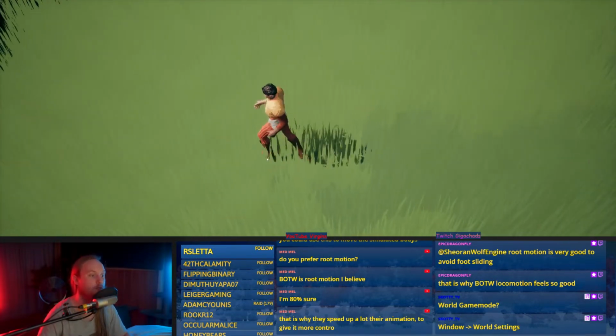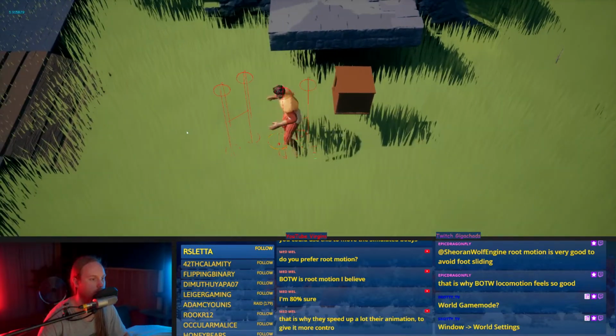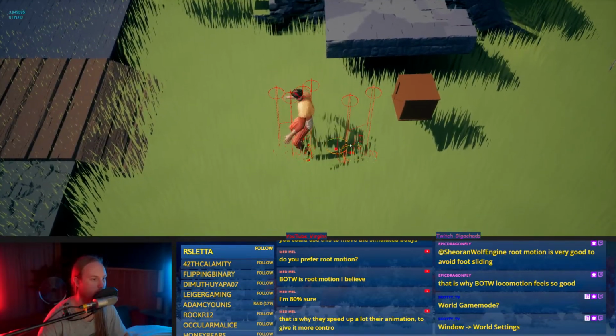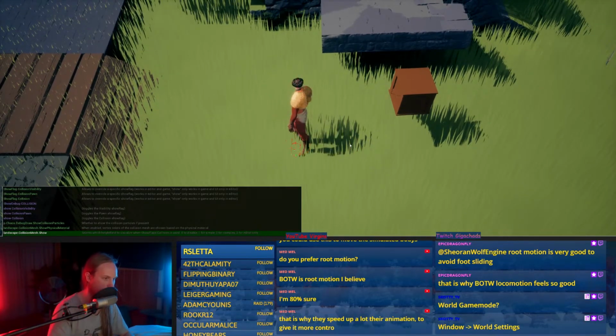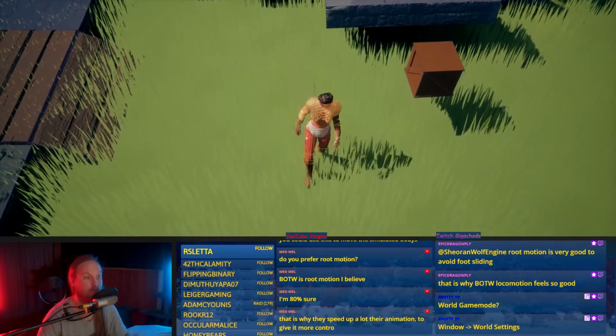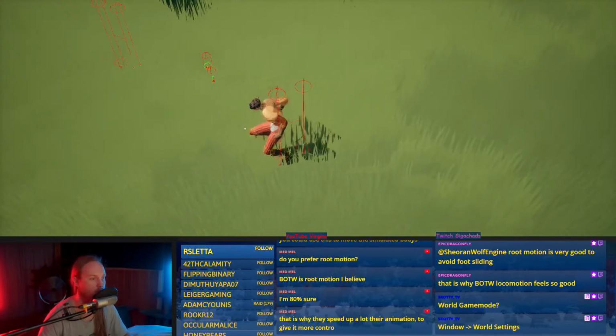So this movement here is all capsule based, right? It's not like root motion. It's just the capsule moving. So we can just delete the mesh and this character movement still works fine.